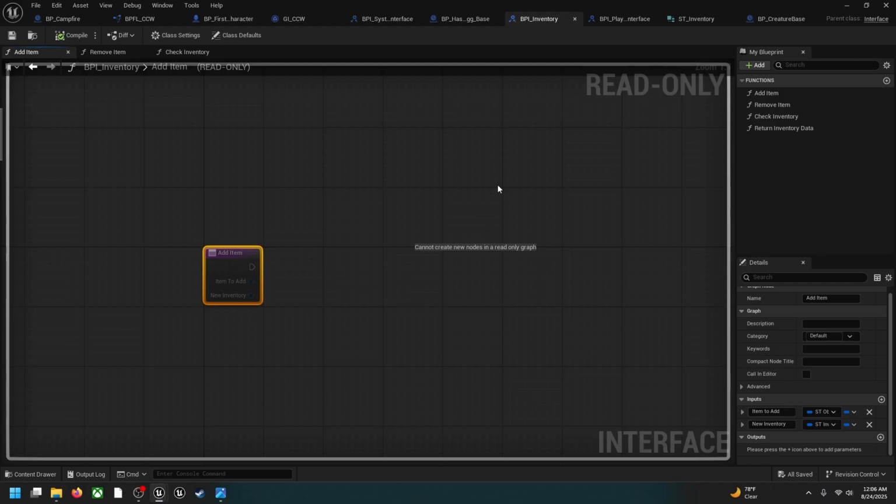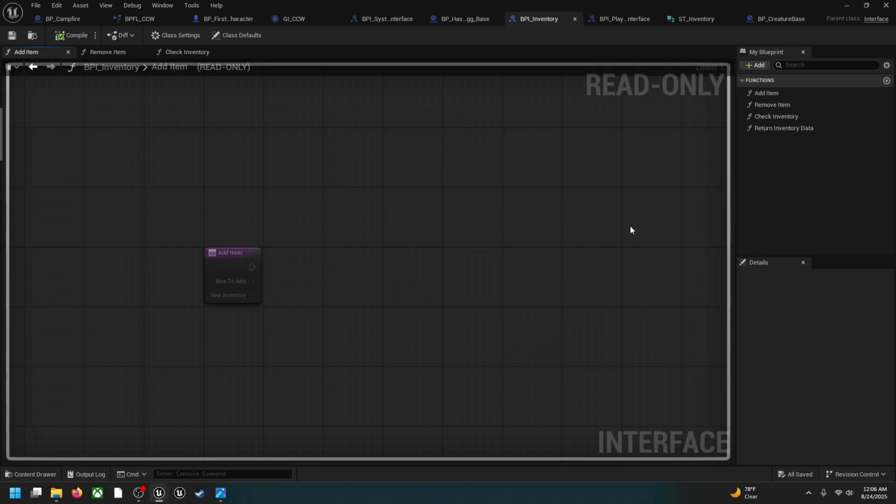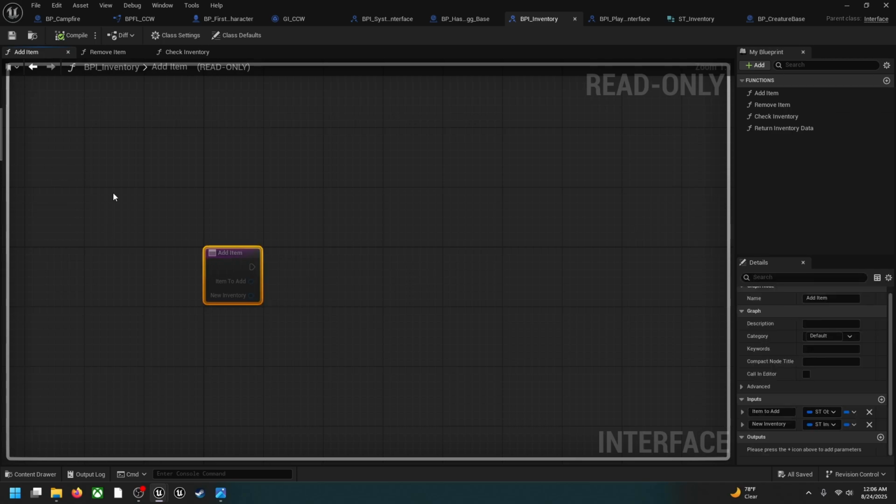So it's a really confusing concept, at least it was for me when I was starting out. But anyways, you click on the actual function, and you get to put inputs and outputs. Outputs change the way it works a little bit. It's a little more nuanced, but if you just put inputs, item to add, new inventory in this case,